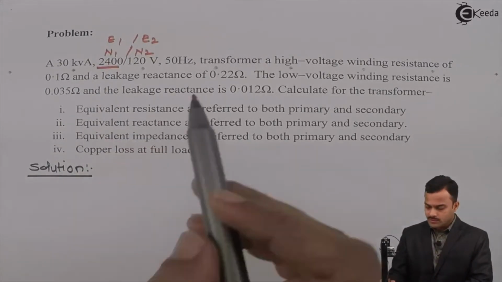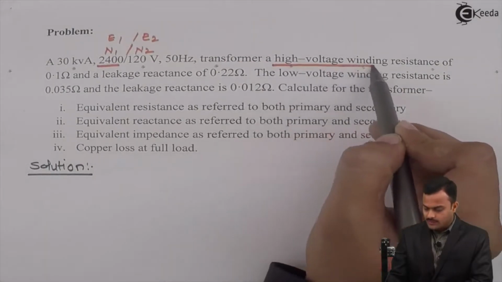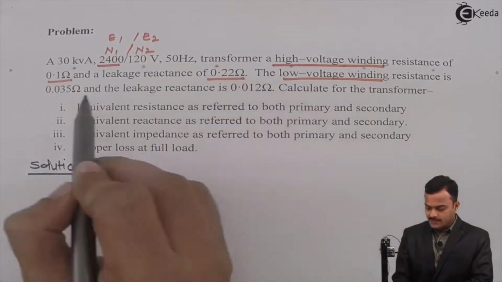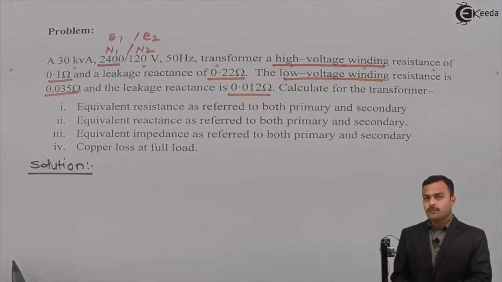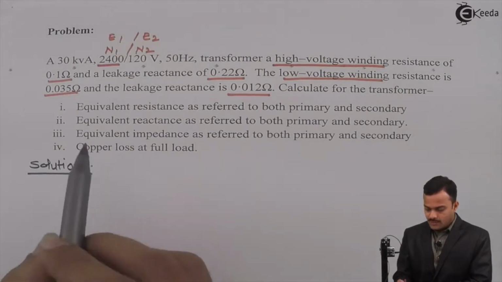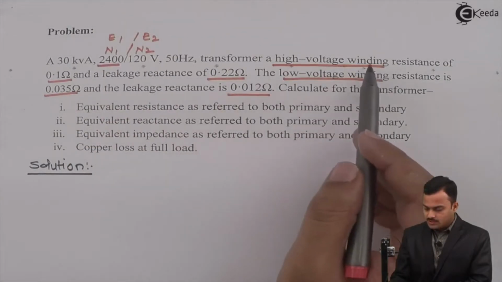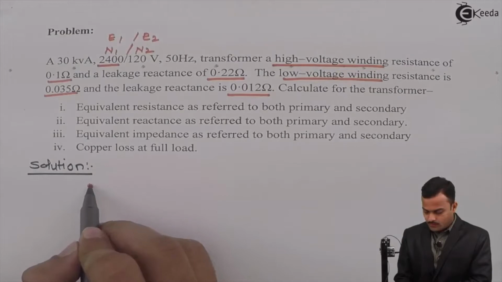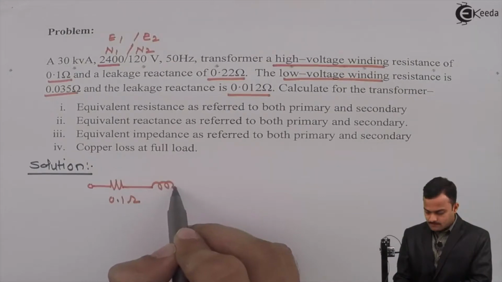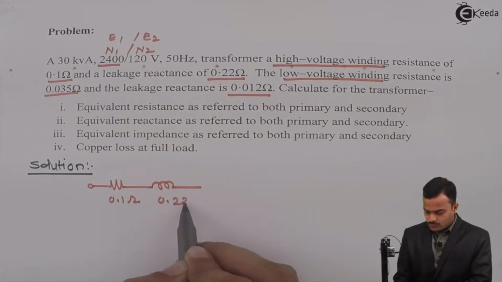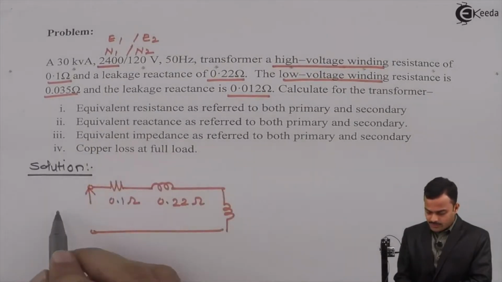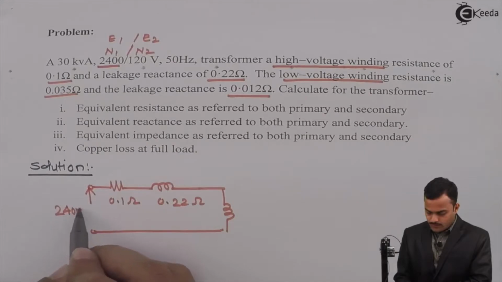Why is this required? Because here they have given terms like high voltage winding and low voltage winding, and resistances and reactances are given. So for this purpose, let's draw the equivalent circuit diagram of a transformer. So I am writing the primary side which is high voltage. The high voltage winding resistance is 0.1 ohm and leakage reactance 0.22 ohm. And here high voltage is applied, 2400 volt,